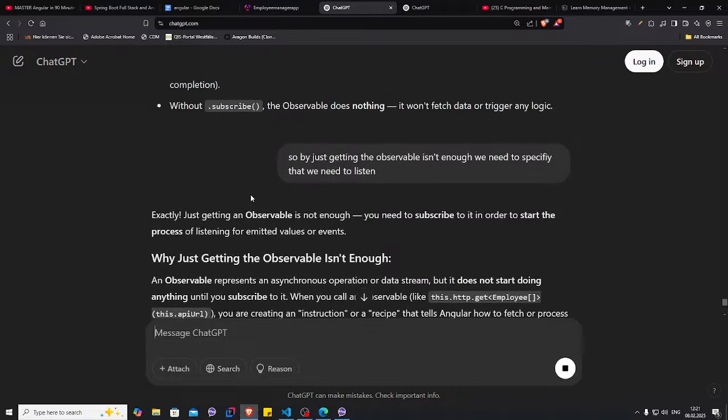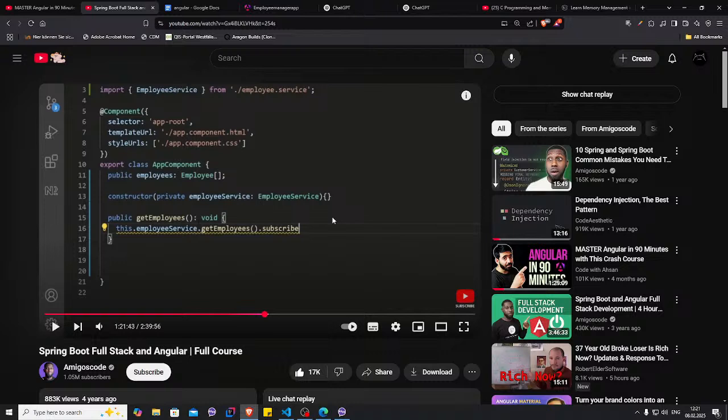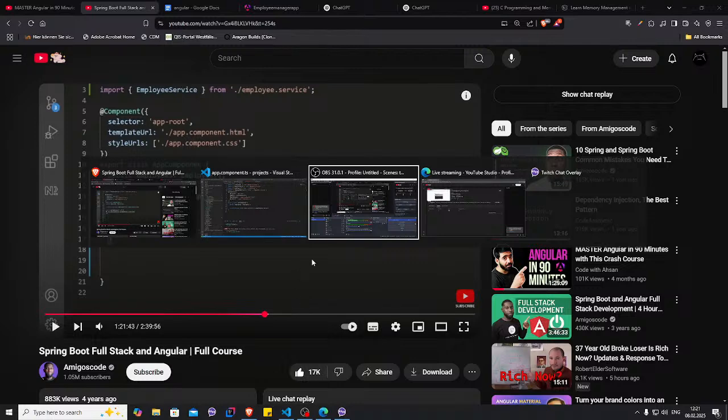So even though we said the return type is observable, it doesn't automatically give us the list. We have to subscribe. Okay, I get that more or less. And after we subscribe, we get how many methods? 3. Well, one on successful call, which is the first one, and the second one is on error, and the third one